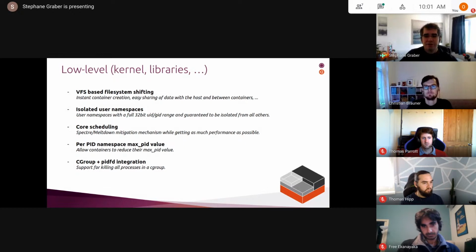So currently you've got the issue that if you ever end up scheduling at the same time one VM thread on the same core as another VM thread, there are attacks that would let one of the VMs read the memory of the other VM. That's obviously a big issue in any type of shared environment.